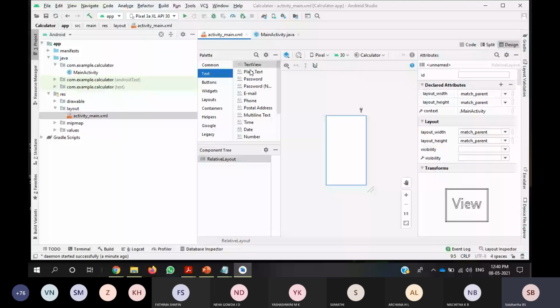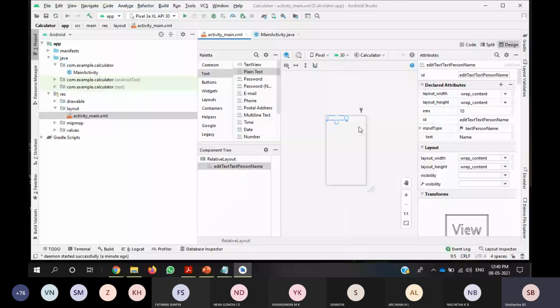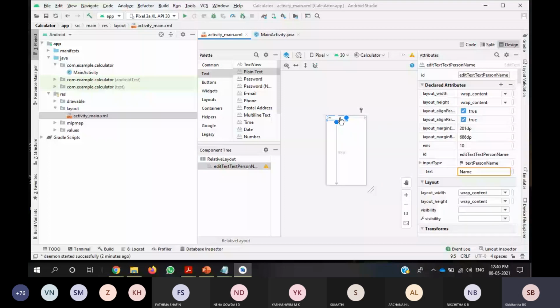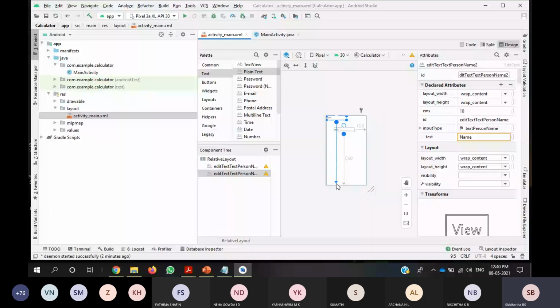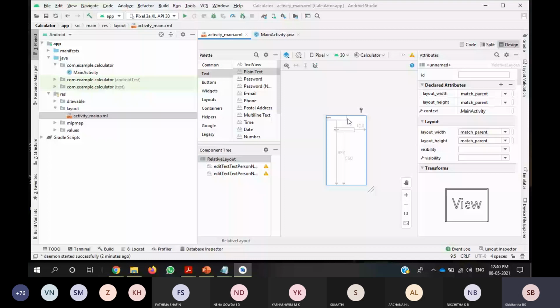Make it relative to the layout so that you can position the text view as required. Then one more plain text to enter the second number. Just repeat the process to make it relative to the layout. I will drag and drop here.